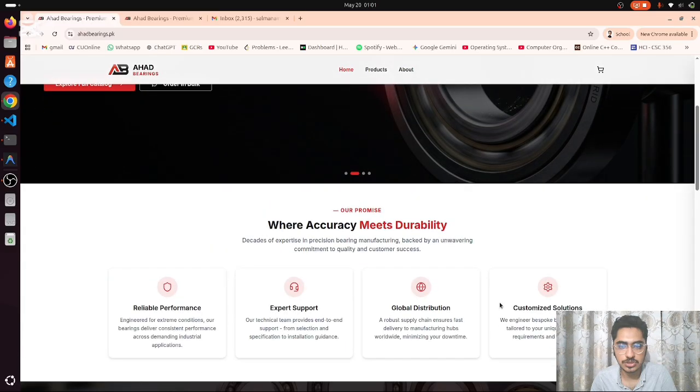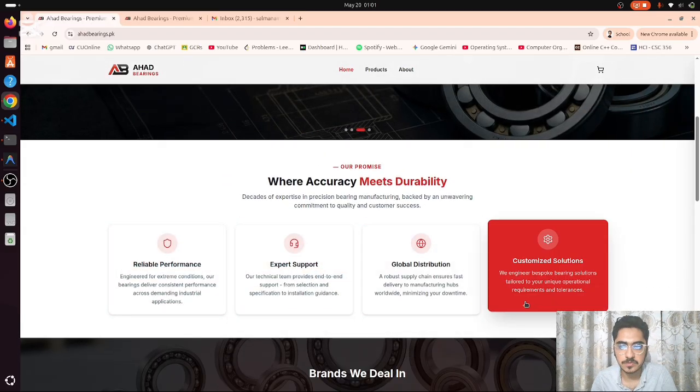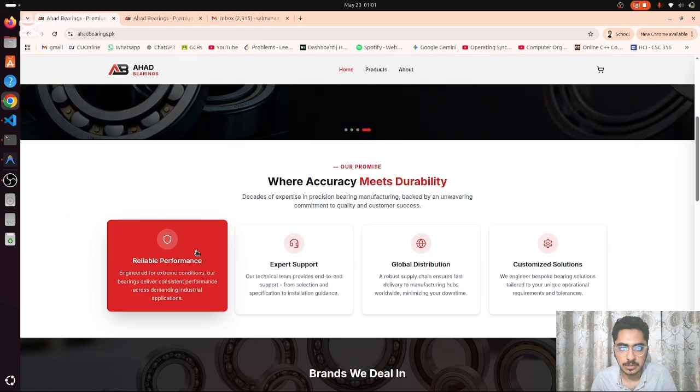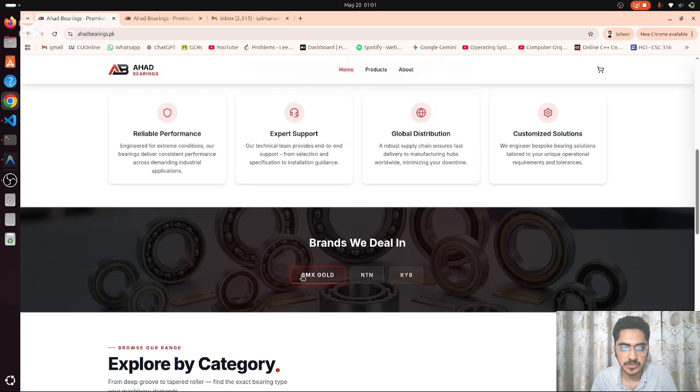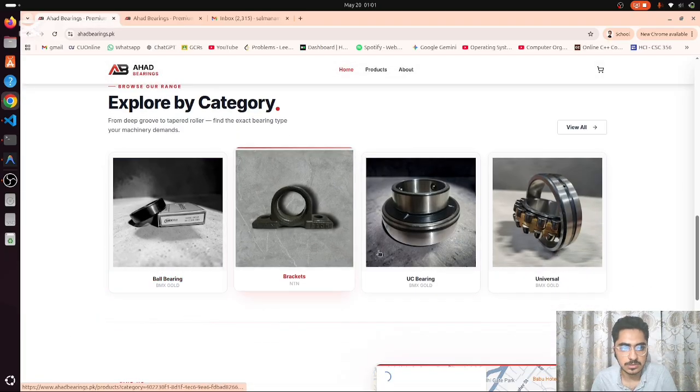This is the hero section, as you can see. I'll just move down and you can see these are some standards on which Aaz Bearings operates, and you can see the interactiveness of the website. And then these are some brands in which Aaz Bearings deals in. Then we have some categories,